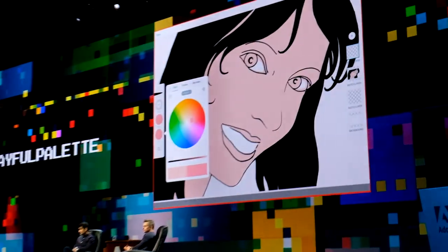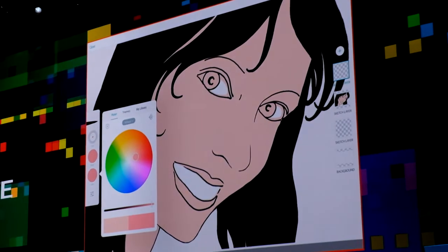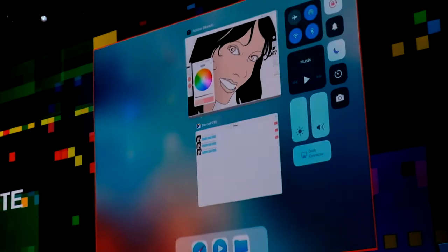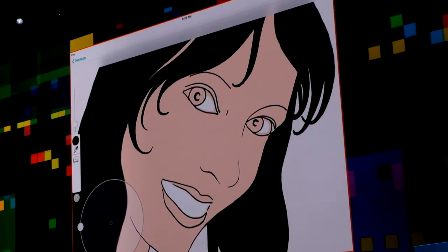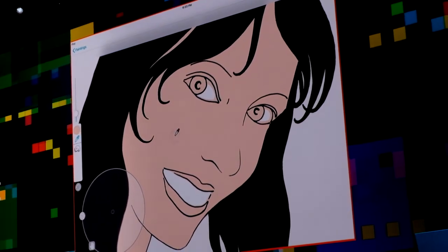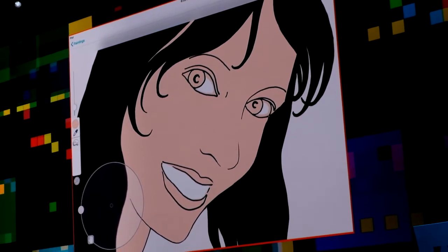Towards the red, but I cannot blend colors. Also, I have to pick every color completely from scratch. Project PlayFulPallet was inspired to bring some traditional palette interactions to digital media. So here I can start with this base skin tone as before, and then I will tap to add it